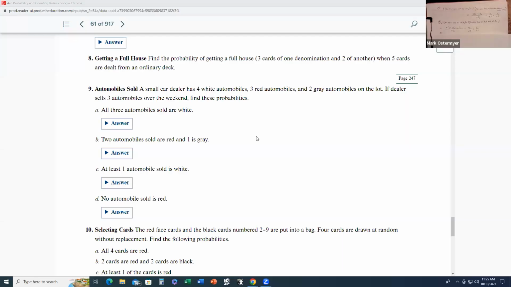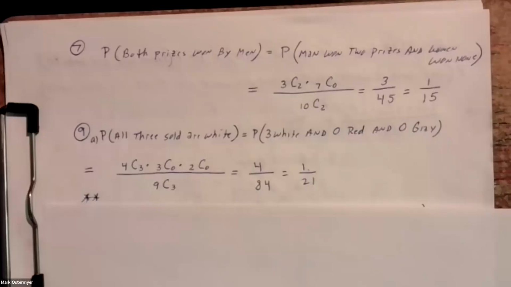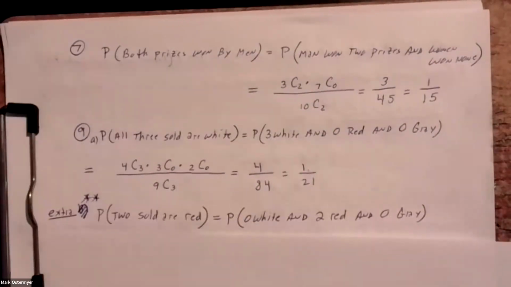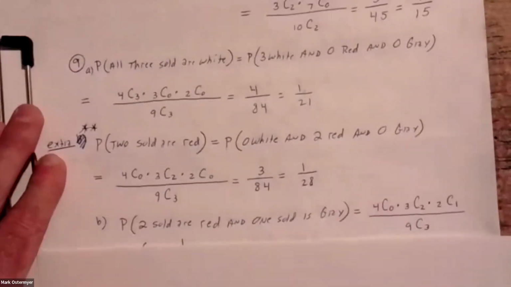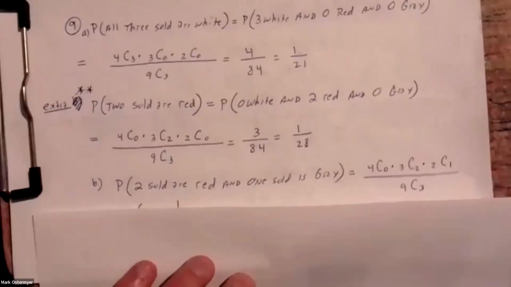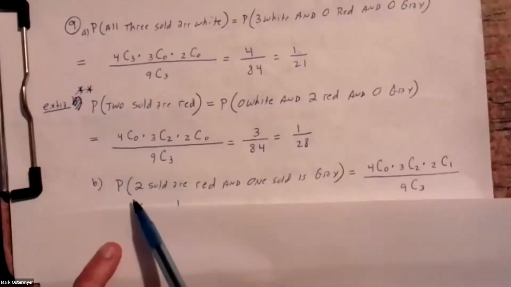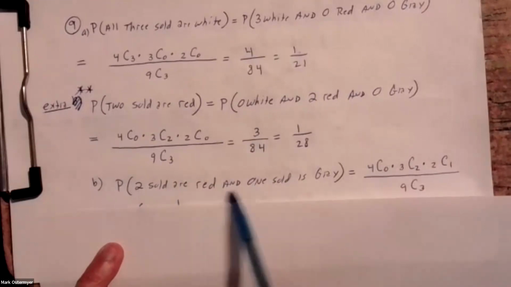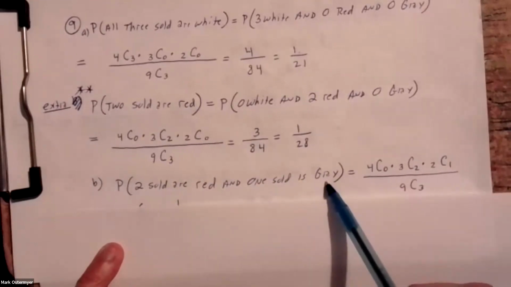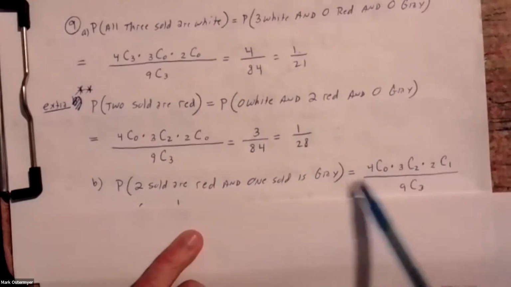What's the probability in B that 2 automobiles sold are red and 1 is gray? Okay, that is going to be down here, part B. I'll come back to this one next. The probability of selling 2 red automobiles and 1 gray automobile is equal to,